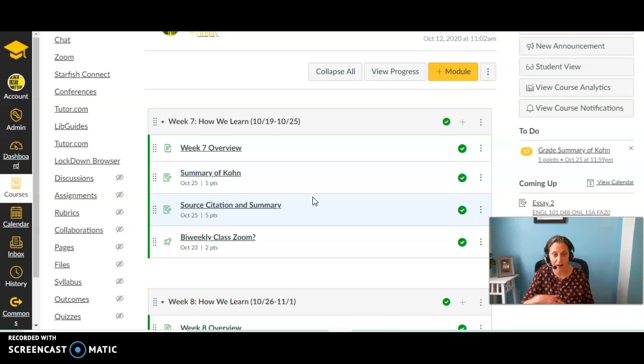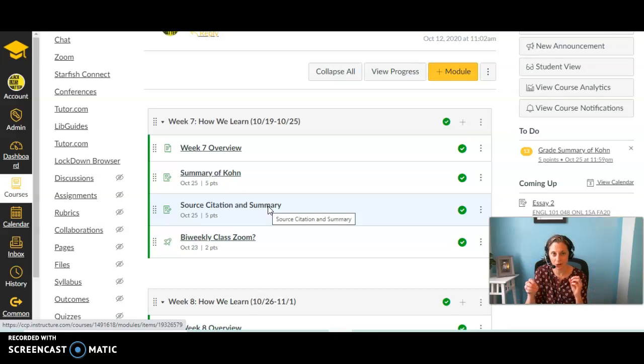So last week, there was this assignment where you were to write a summary of one of the sources for essay 2 and include a citation, MLA style citation. And about half the class didn't do this assignment. So if you want to still try to do it, you can, to get the points. But more importantly, this paper is asking you to choose one of the 8 essays from the chapter How We Work and to really explore it,